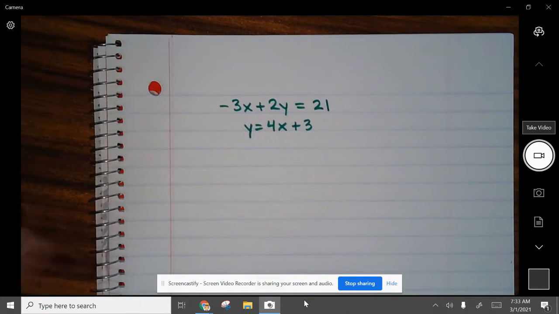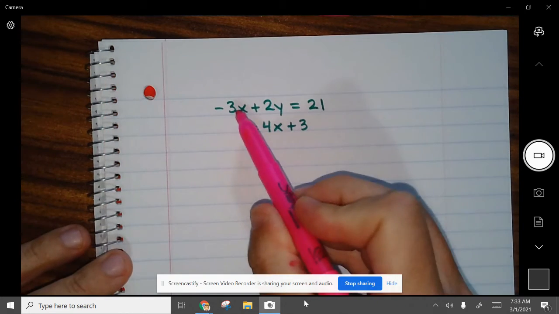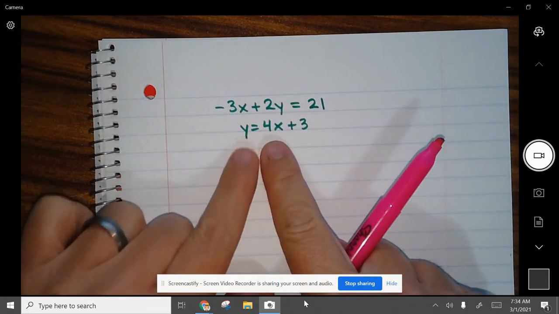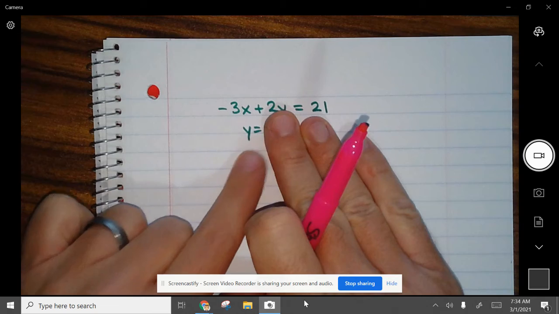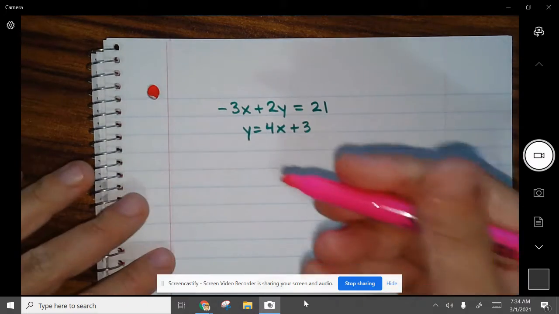Okay, so next question. What am I going to substitute into the equation? What am I going to take and replace into the equation? So when I look at this, I see a bunch of stuff up here. 3x, y equals 21. But down here, I see a y equals all by itself, right? You see that y equals is all by itself. So we know y equals here. So whatever that's going to be,